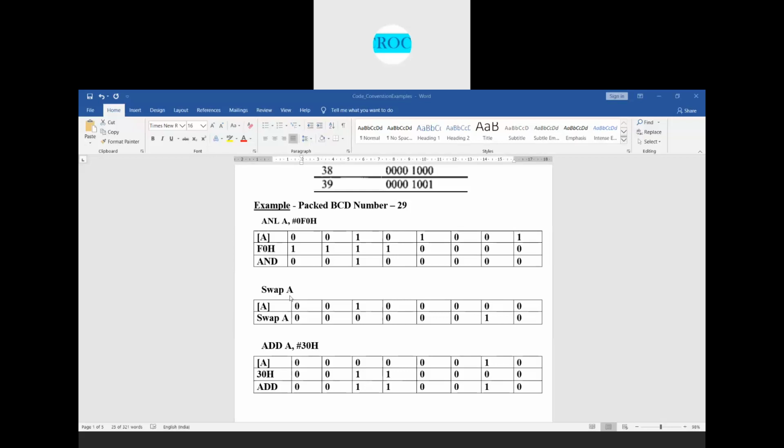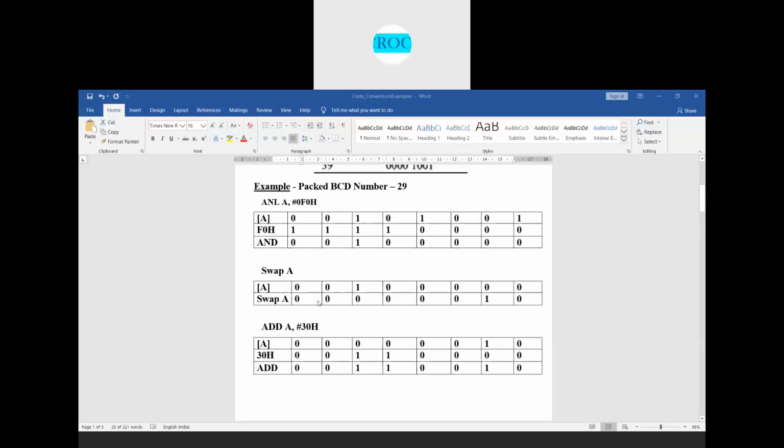In the sense, whatever we have in the lower nibble will be copied to the higher nibble, and whatever content we have in the higher nibble will be copied into the lower nibble. After SWAP A, the lower nibble is having 2 and the higher nibble is having 0. So what is the content in the accumulator after the SWAP A instruction? A is having 02 now.